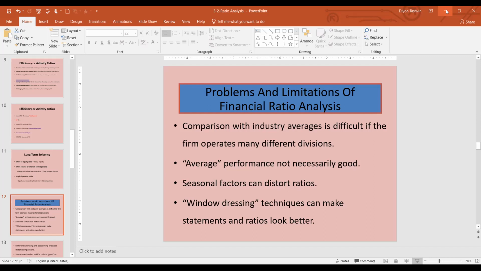Then the next one, future prospects. If we are going to start a company in Afghanistan, what will happen? We know that it's a turbulent environment with the war and all, so we can't see the future prospects. But if we are situated in India, you can see the Indian economy is booming. China is the major economy, America is the second, and thirdly we can see the booming Indian economy. So if we have future prospects, we have to ascertain whether we are going for that particular country or